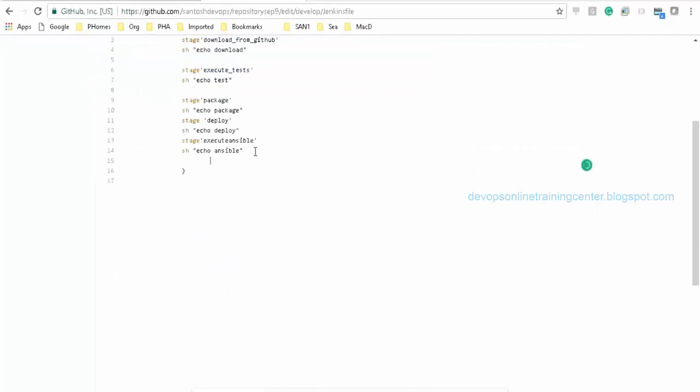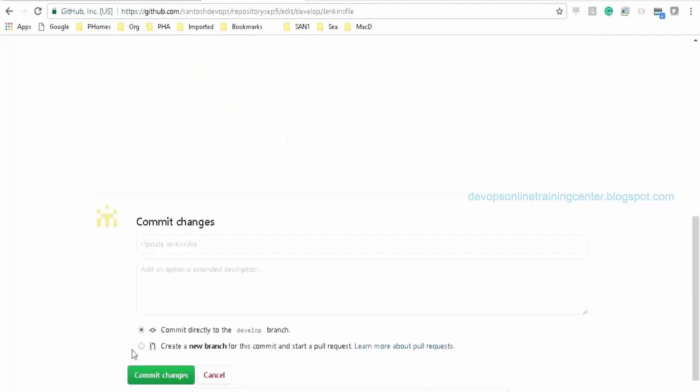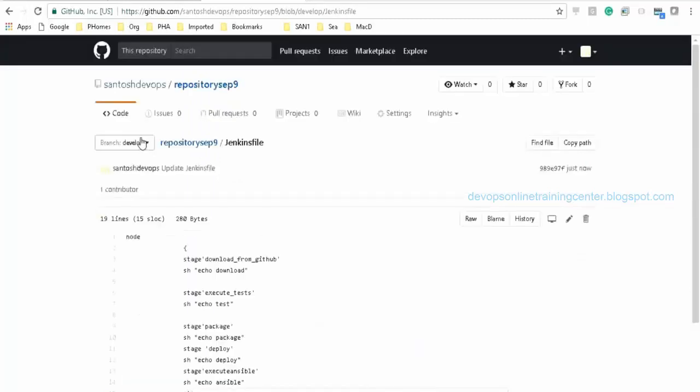Let us say after all these things, I just want to have an input step, stage approval, let's say input. So I'll just say this. So this is changed in develop branch.